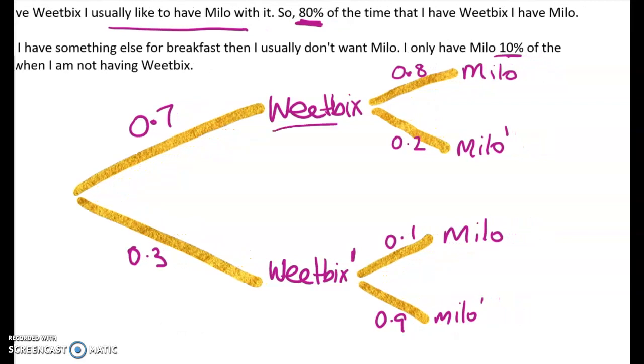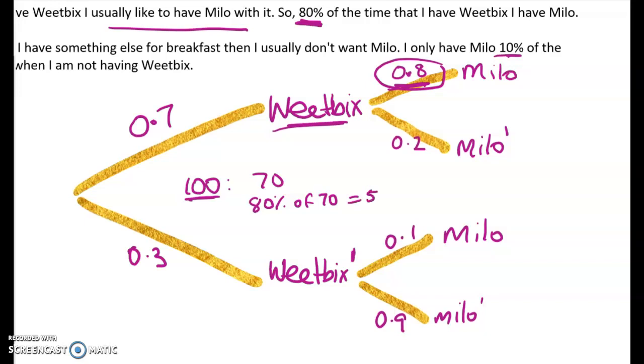So on 70% of days, I'm going to have Weet-Bix. And then on 80% of those days, I'm going to have Milo. So if we think about it, if we've got 100 days, we're going to have Weet-Bix on 70 of them. And then on 80% of those days, we're going to have Milo. So we want 80% of 70 if we're looking at 100 days, right? Which is 56 days. So 56 out of 100 gives me